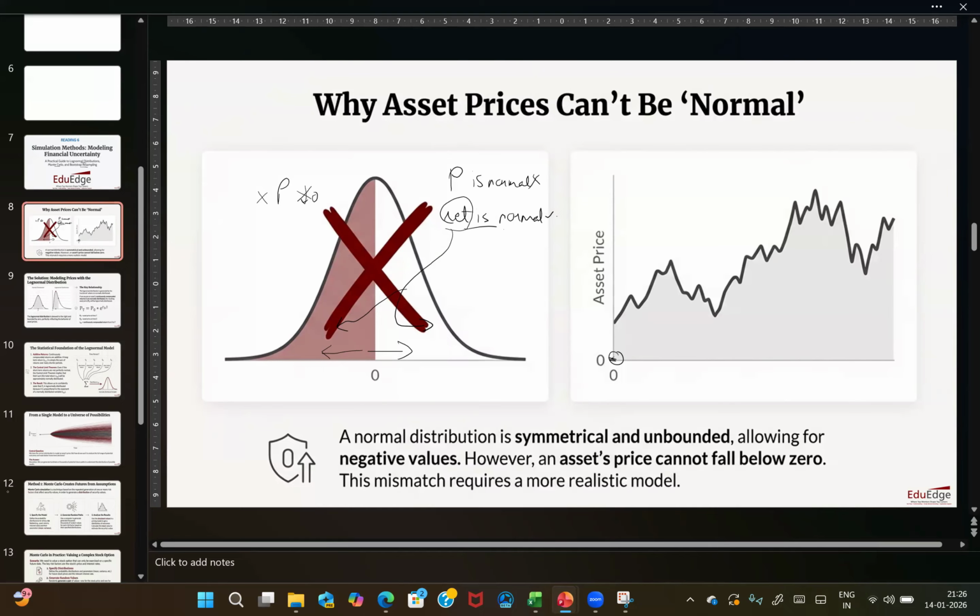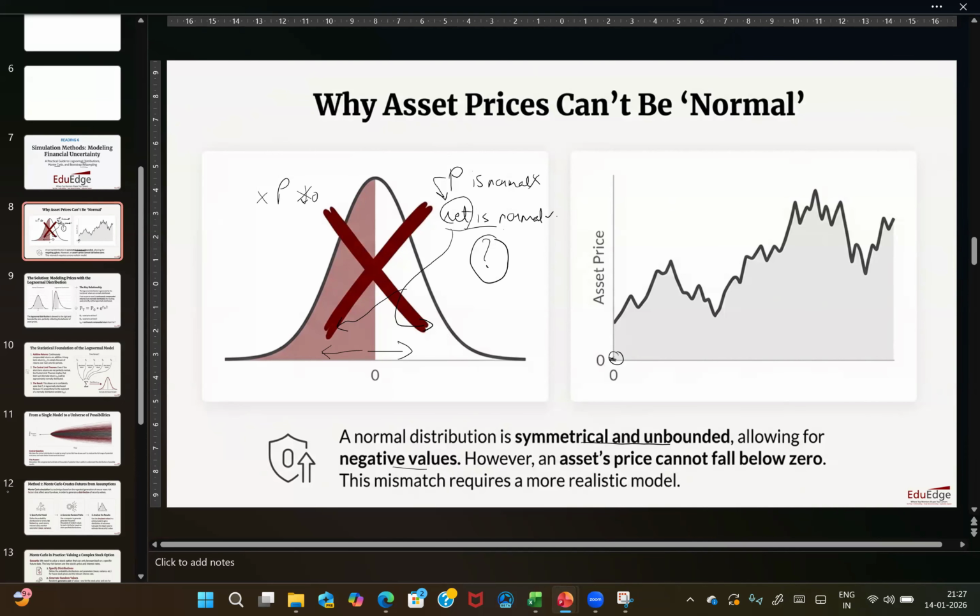So theoretically, it makes sense where returns could be normally distributed. Now, whether that really holds in the real world or not, that's a big question mark. But at least from a modeling perspective, instead of saying prices are normal, we will rather assume returns are normal. And we will work with that assumption. What are the features of a normal distribution? A normal distribution is typically symmetrical and unbounded, allowing for negative values. And most importantly, it will not allow asset prices to fall below zero. Yeah. So it becomes a much more realistic way to model